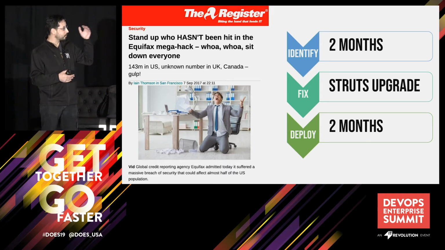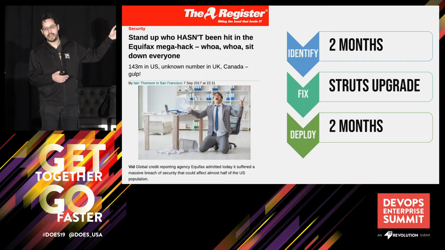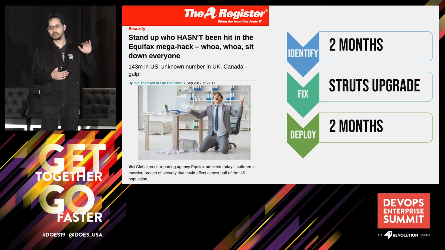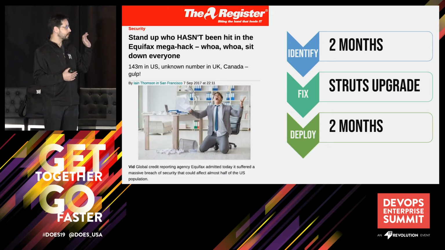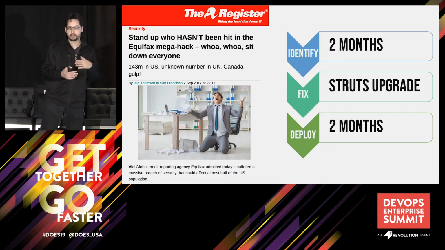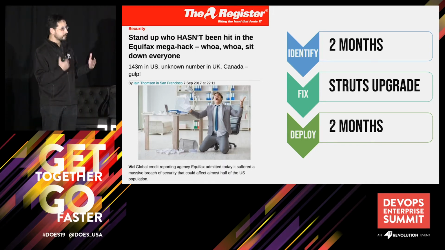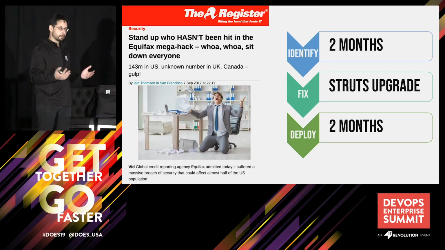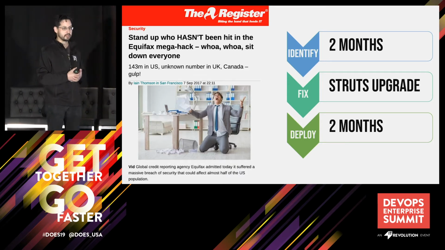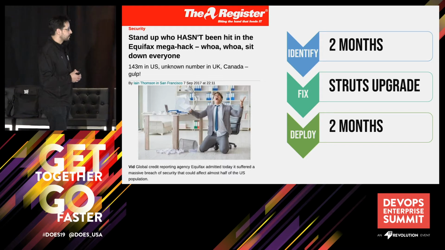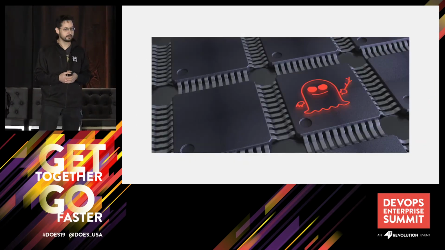So the case here was it took them a while to even identify that they had a vulnerability. So hackers had access to the security vulnerability for a couple months. It turns out that they were running an outdated version of Struts. So they had to do an upgrade of this. Fortunately, it was already fixed in the current version, so it was just an upgrade to an existing library version. But they weren't using a continual update or a continual deployment process, so it took them 2 months to just get the update out to the market. So again, huge security vulnerability, which was open for several months to identify and then to fix it.